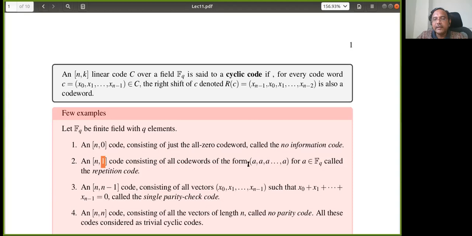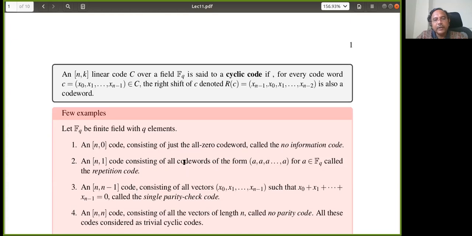If I cyclic shift, then again it is the same, 0 0 0, 1 1 1, for example, in a simple case, right? So n equal to 3, binary case, this is the code. So it is a repetition code. A repetition code is actually a cyclic code, an example of a cyclic code. Fine. Now the (n, n-1) code, that is called the parity check code.